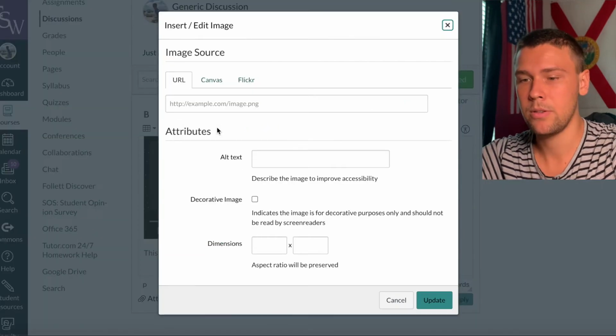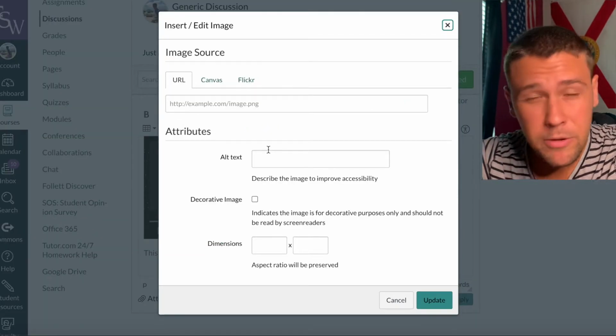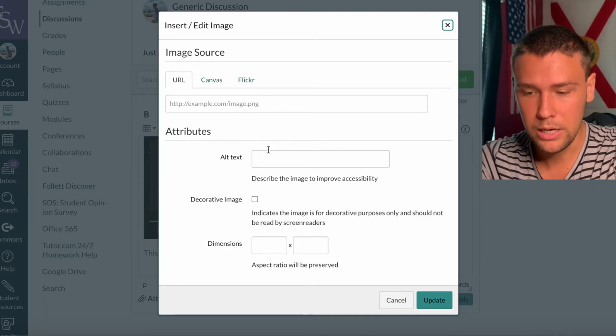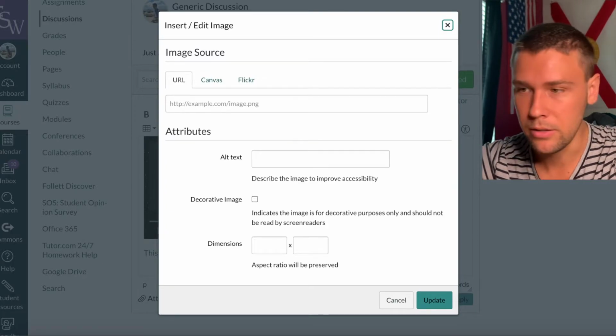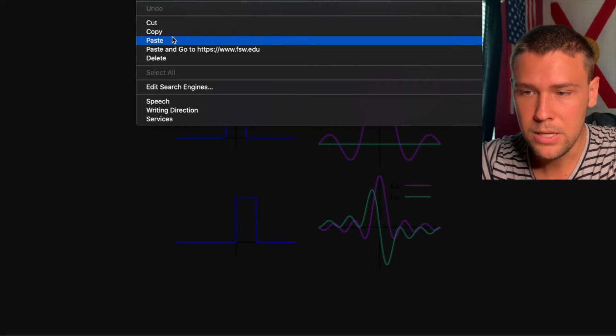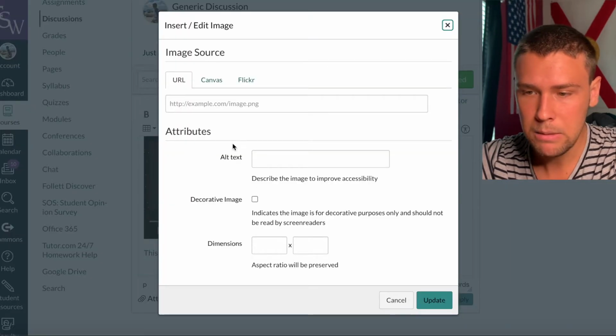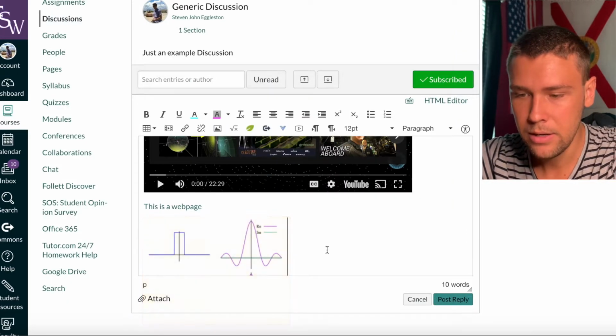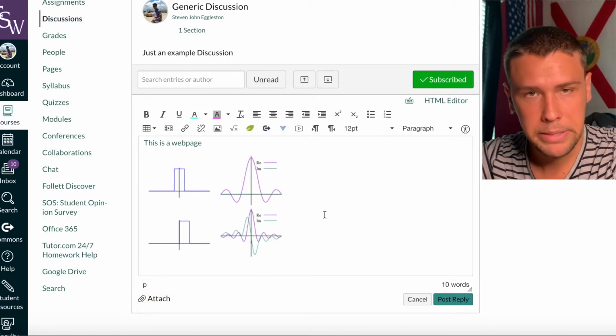Embedded image. So here, you have a couple options for embedding an image. One of them is a URL. So if you want to do that, just find an image you want online and hit right click, open image in another tab. So I did that here with this image and just copy that link at the top and paste it in, right? So I paste that in. There we go. I have an image from online, paste right in.